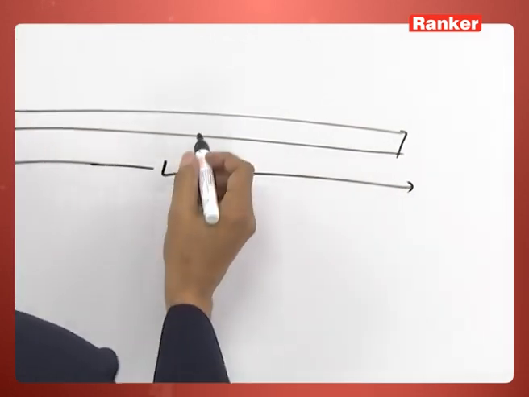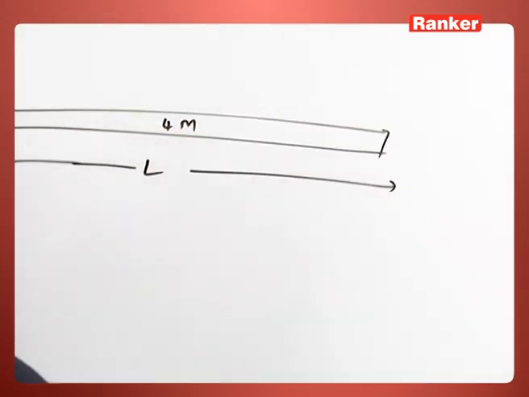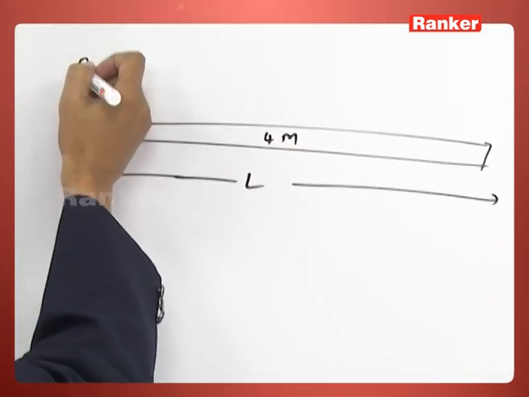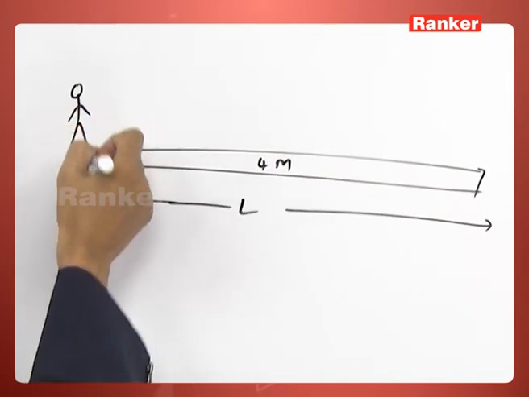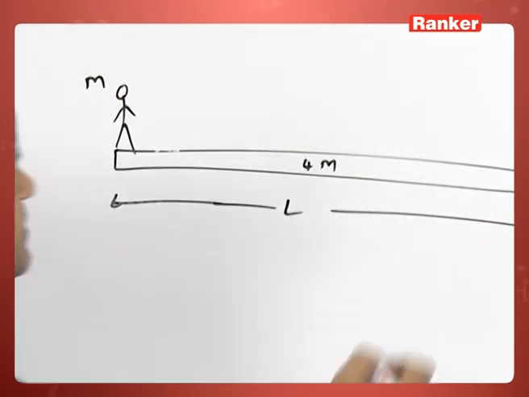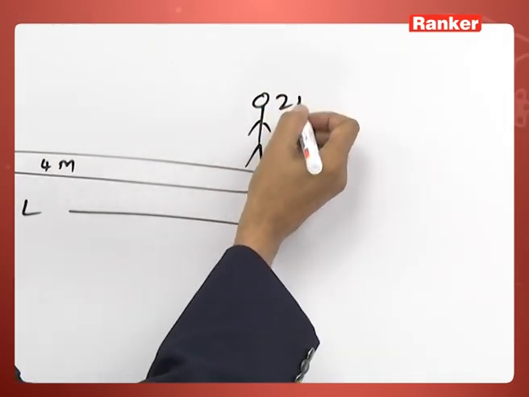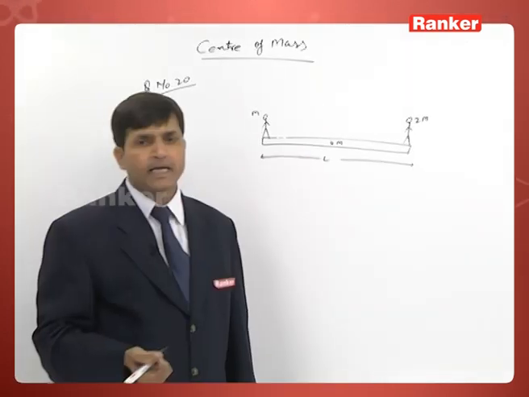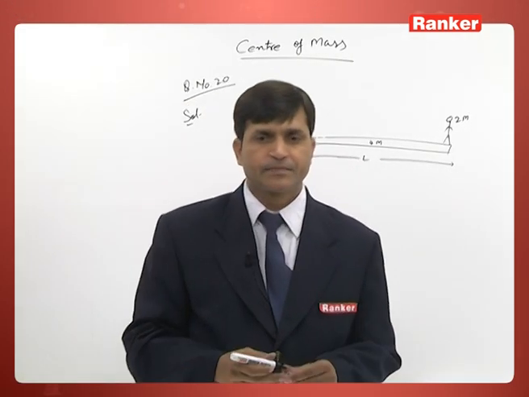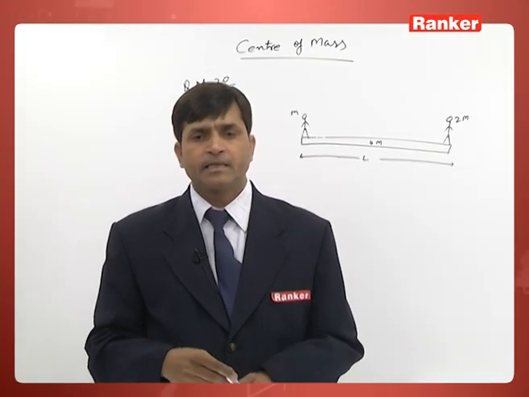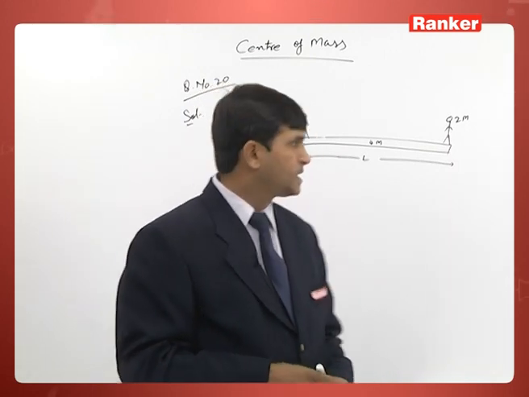Length L, mass 4m. There are two persons, one having mass m, another having mass 2m, standing at the opposite ends. A person A travels distance L by 4. See,